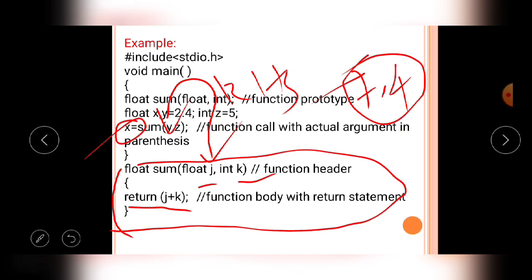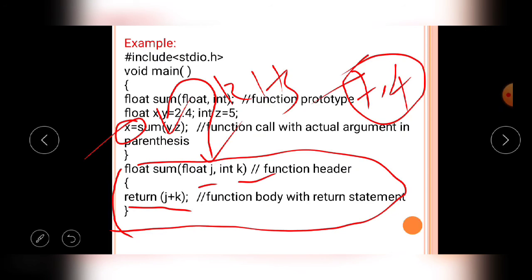Especially today's topic is user defined functions: the parts of user defined functions, their behavior, their uses, what the prototype declaration is, what the calling of the function is, what the definition of the function is, and what the actual arguments and formal arguments are in user defined functions.